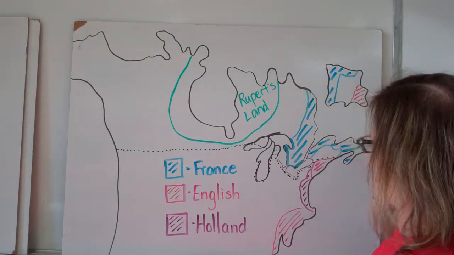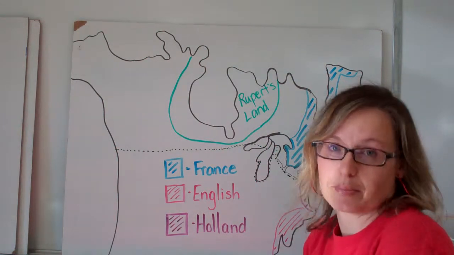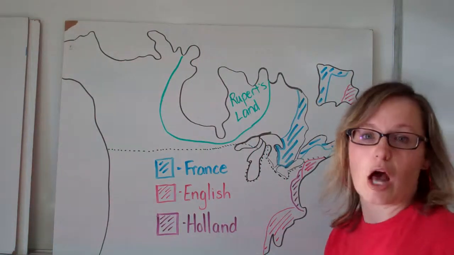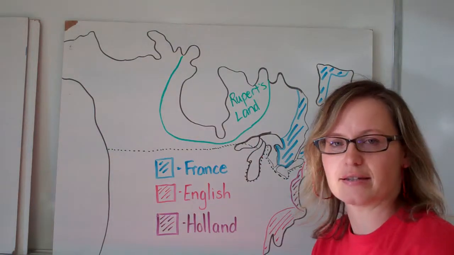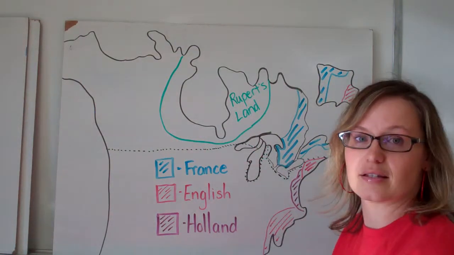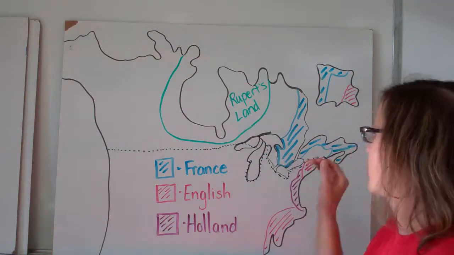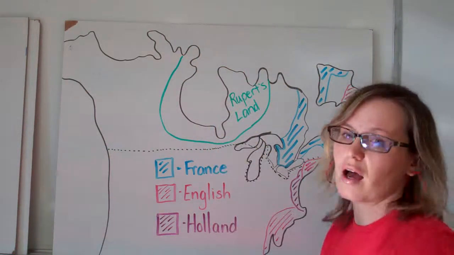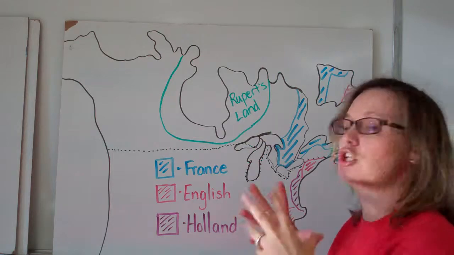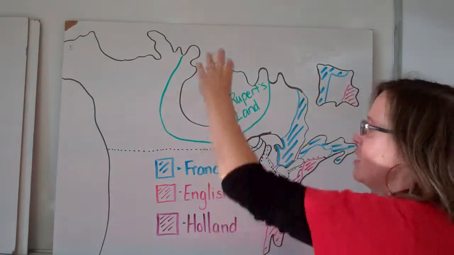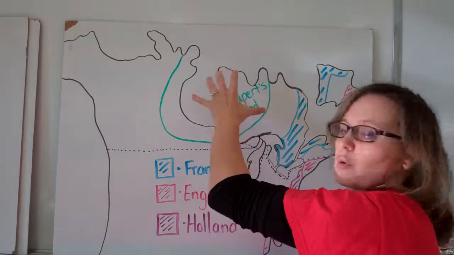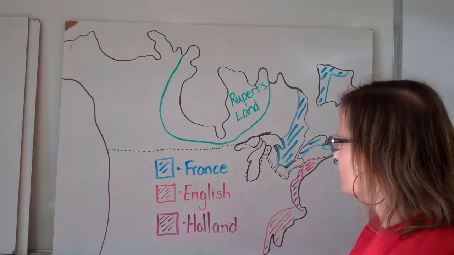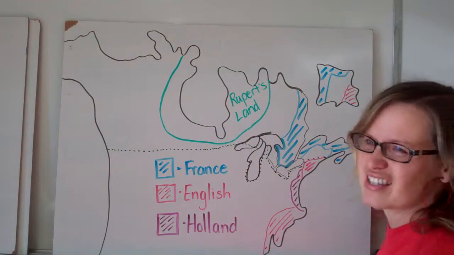So remember, this has been settled by France, and Hudson's Bay Company was a British company. So they weren't going to settle here, and they knew that in this area, there was a monopoly. The French had all the trading posts, the French had the alliances with the Aboriginals. So if they wanted to gain some land in an area of their own, they had to venture into the interior. And they did. So this central area in Canada was not claimed by the British. It was controlled by the Hudson's Bay Company. So they controlled the furs and the trading posts that were in this area. It wasn't settled, it was just a monopoly on the trading in that area. They named it Ruperts Land after the prince's cousin, Prince Rupert.